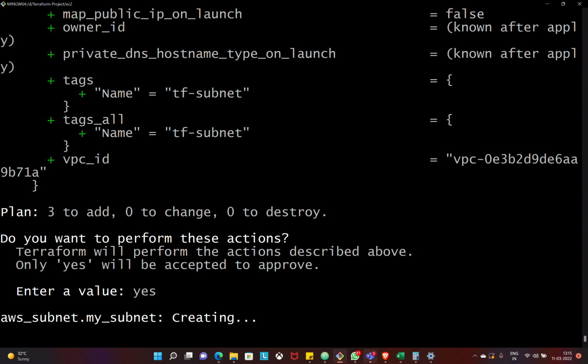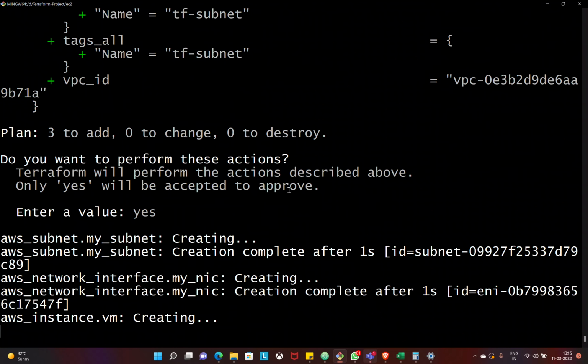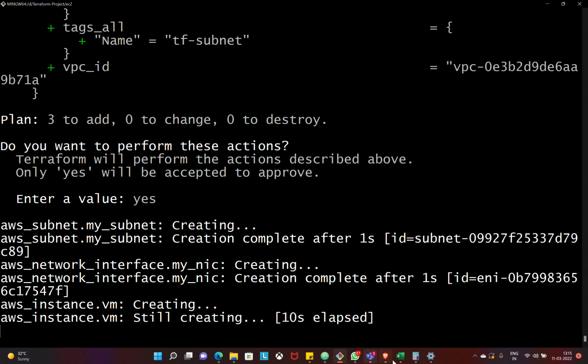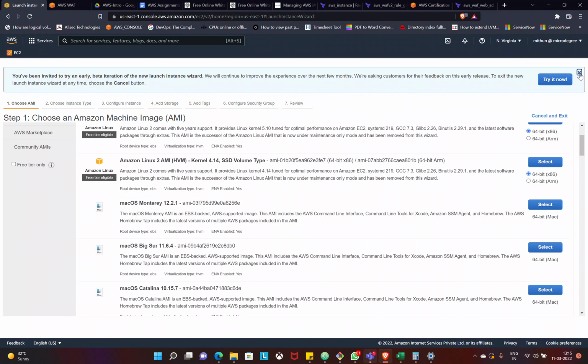Now it will apply. See, if you have made a mistake, that is the beauty of Terraform. If you have done any mistake, it will not simply go and apply. It will tell the error, what line, where you have to do the modification, and then only it proceeds. Now if you go to our AWS and see,